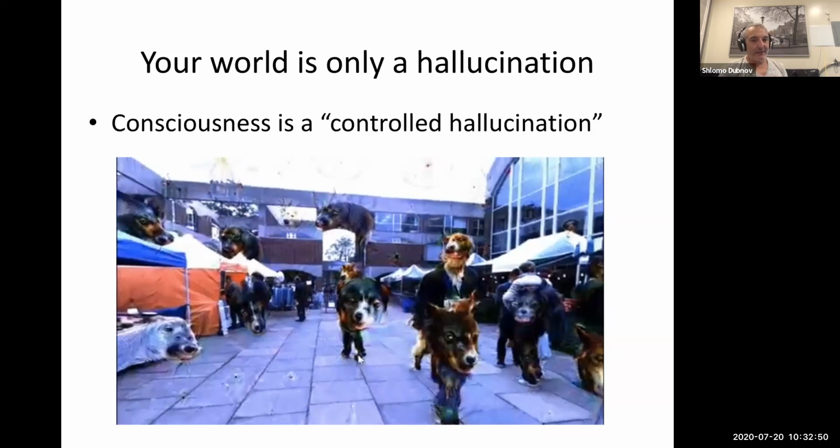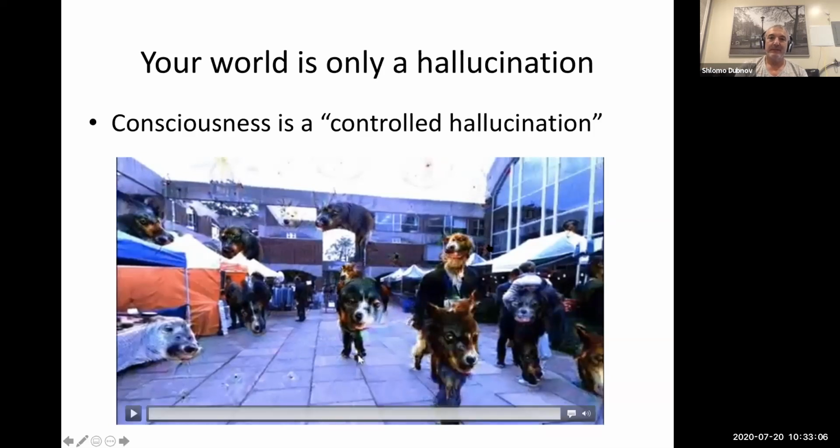On the other hand, if you are oversensitive to some type of interpretations of your sensory input, like here, trying really hard to find dogs in everything you see, this is a rendering of such a network. So consciousness as controlled hallucination, I think, is a very interesting